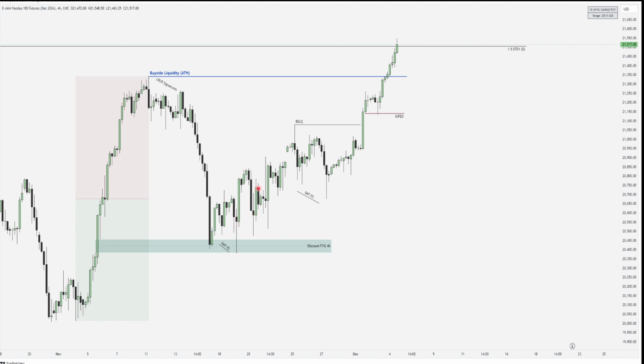Then we could see some back and forth ranging type of price action, still slowly moving higher. Then we had another SMT here, and then the market really started its rally up higher with more larger up close candles and less down close candles